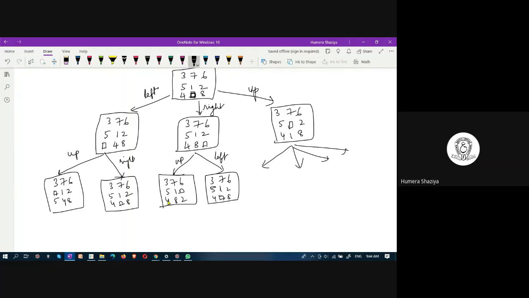Did anyone obtain the solution? Not completed.